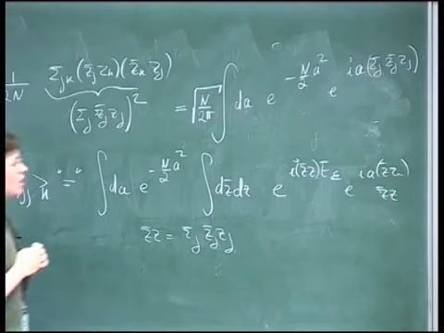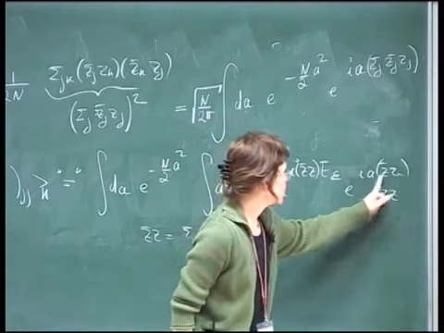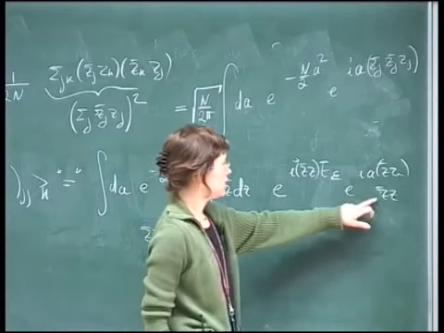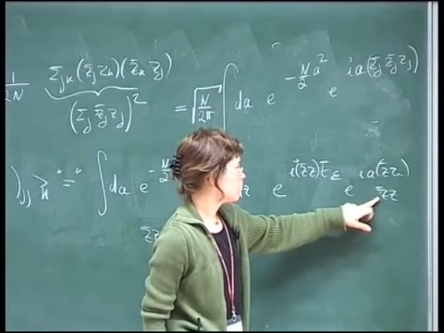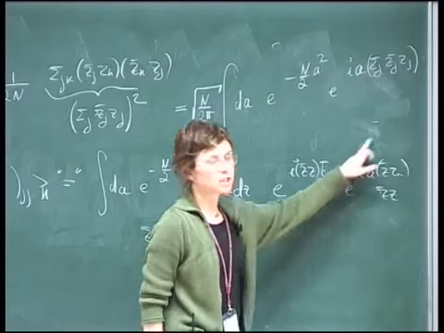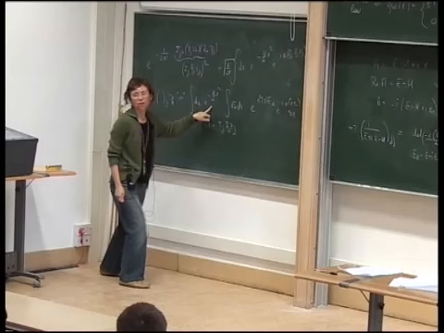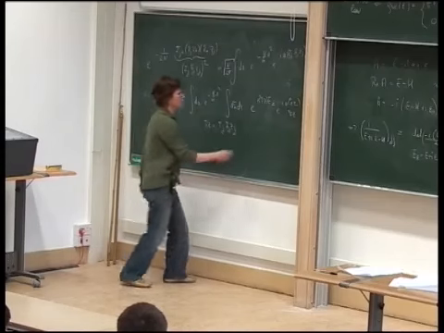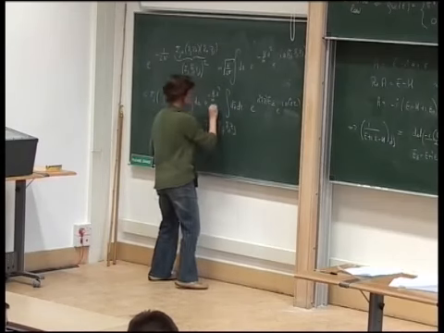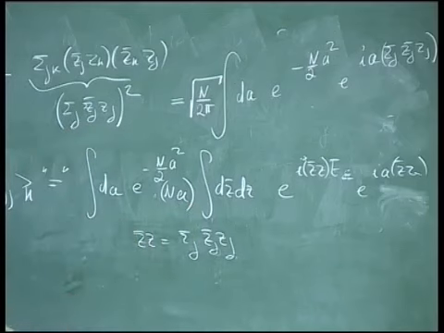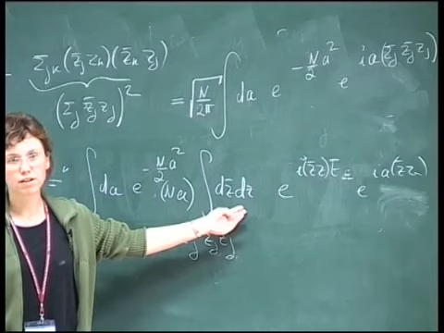Well, this object comes from the observable, and I would like to get rid of it. But you see, I can say that this is just the derivative with respect to a of this exponential. And then I do integration by parts, and I move the a on this side. So actually, I can take this away and put here I n times a. So now here I have just a Gaussian integral.